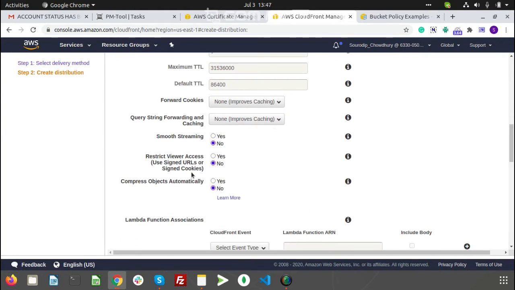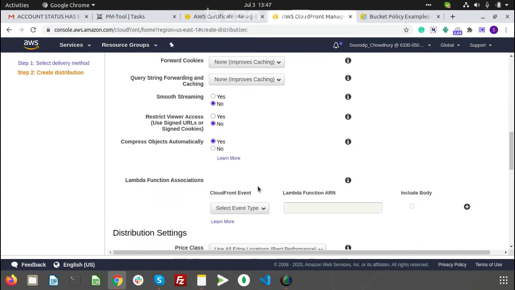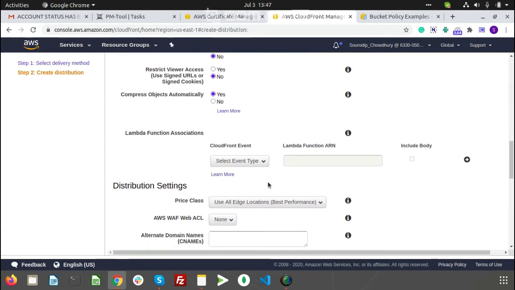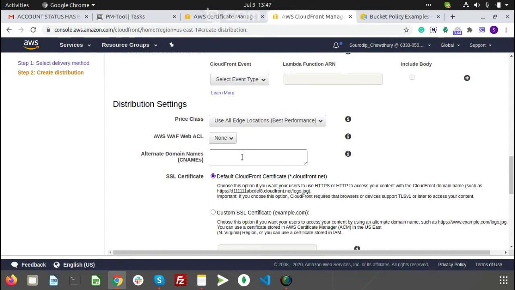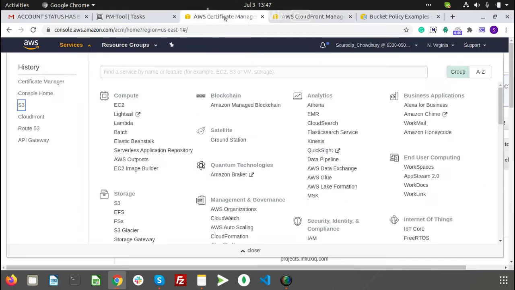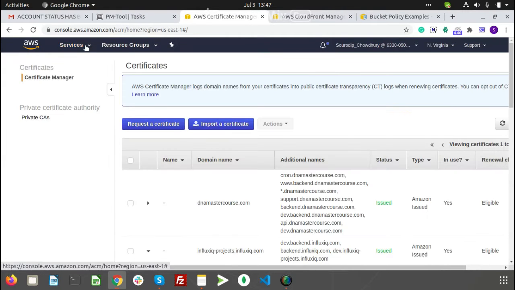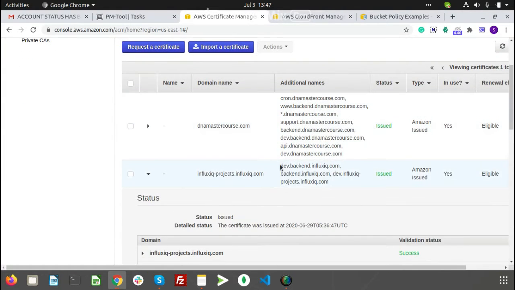Over here we want to compress our objects. This is equivalent to gzip. And our alternate domain name. Here again we need to paste our domain name in order for this to work.